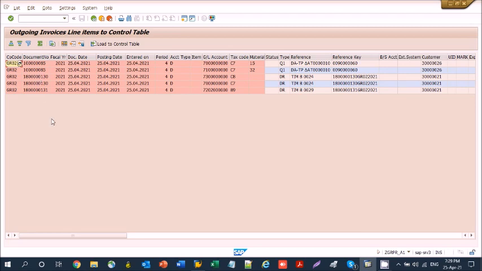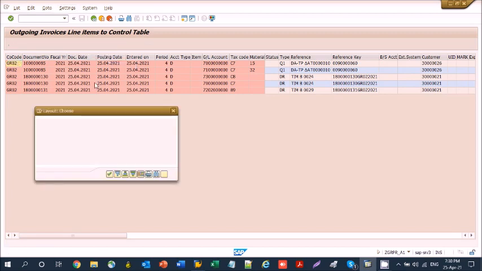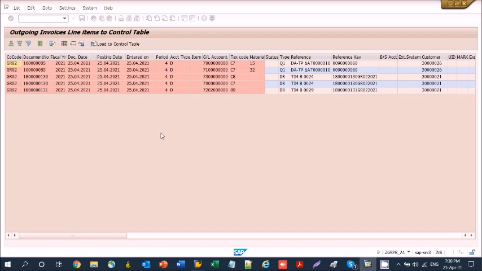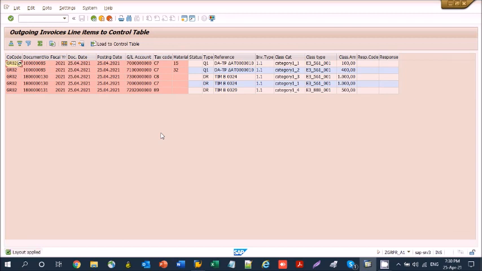Running the program with this variant, we select all outgoing documents entered today, selecting the proper layout, we examine the most significant assignments and finally press the button Load to Control Table.